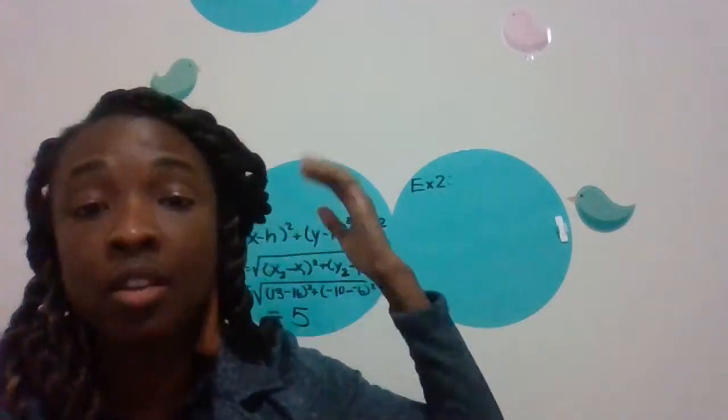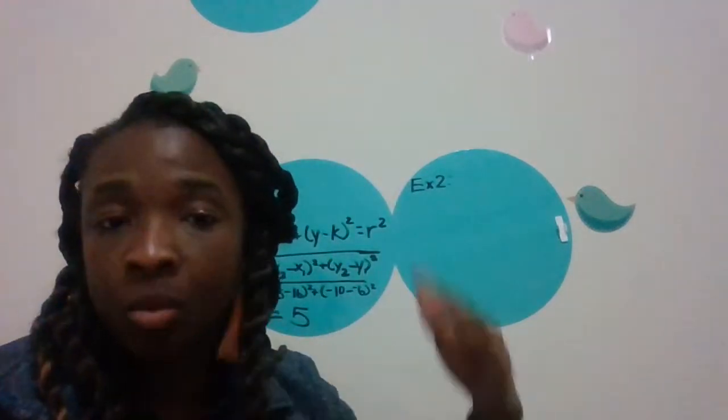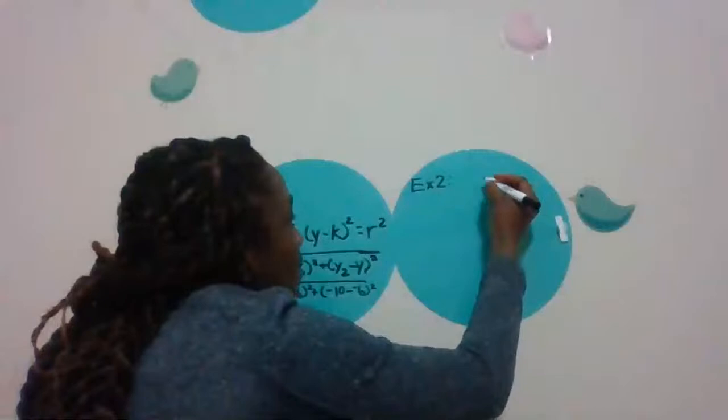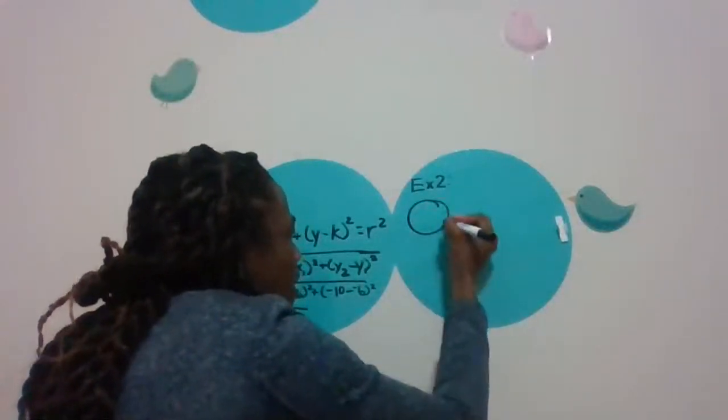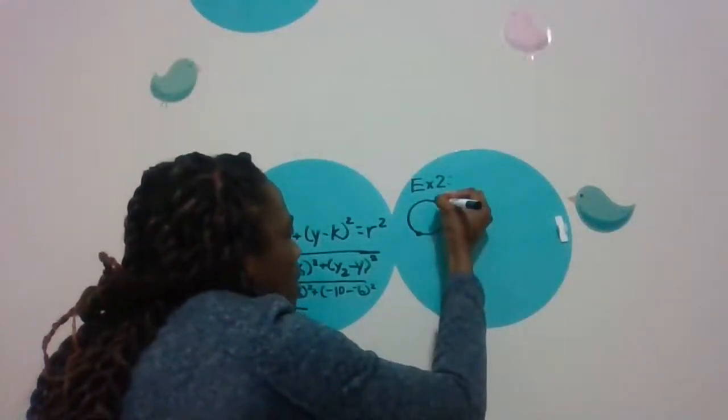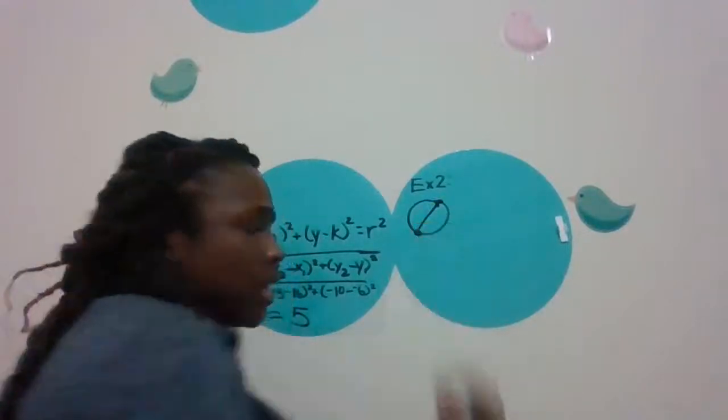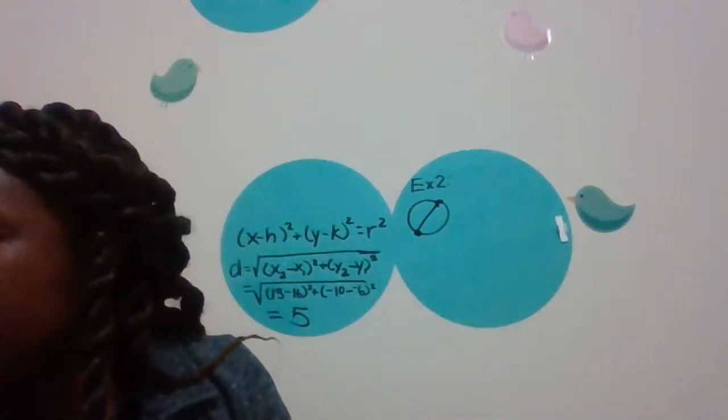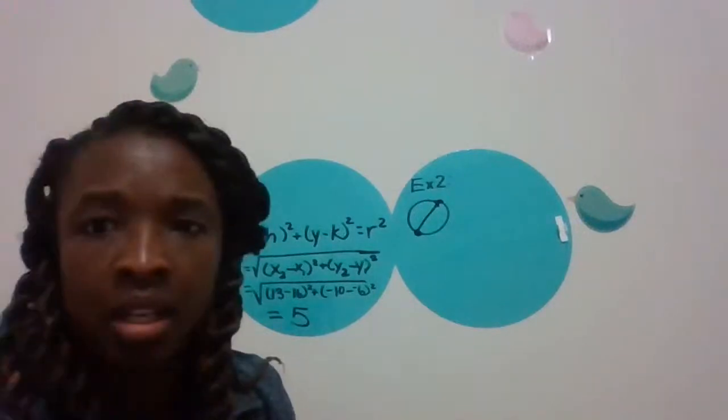because the last one we did, 2 points that are on the circle this time, you don't have a center. So you have 2 points that are on the circle, right? And it tells you